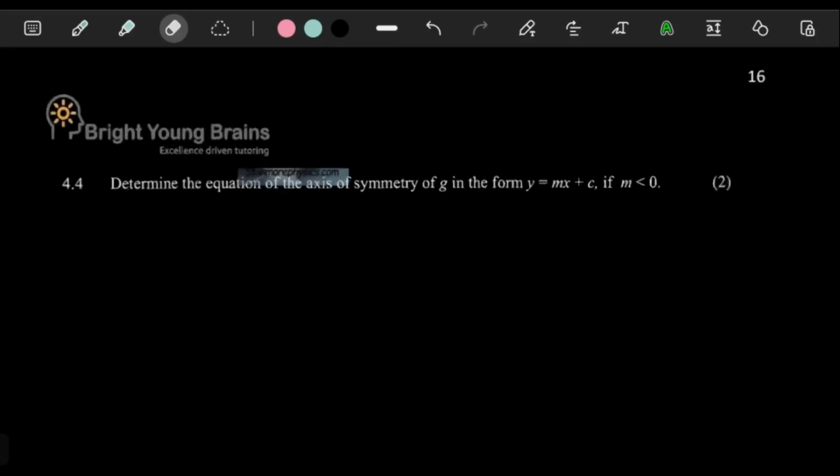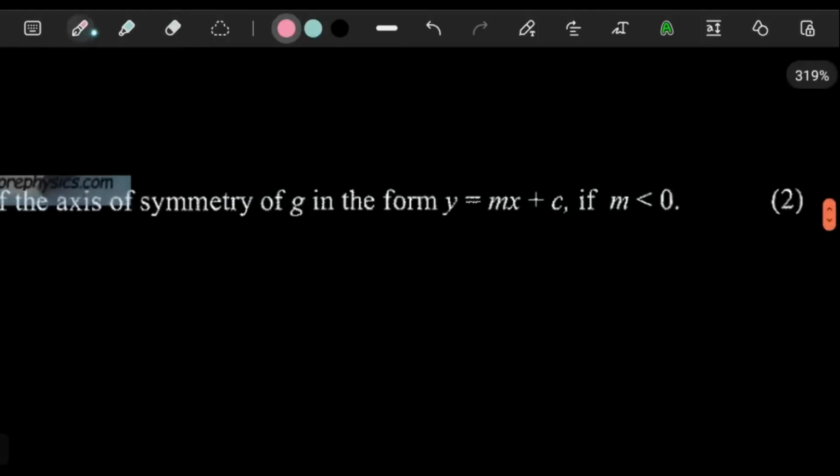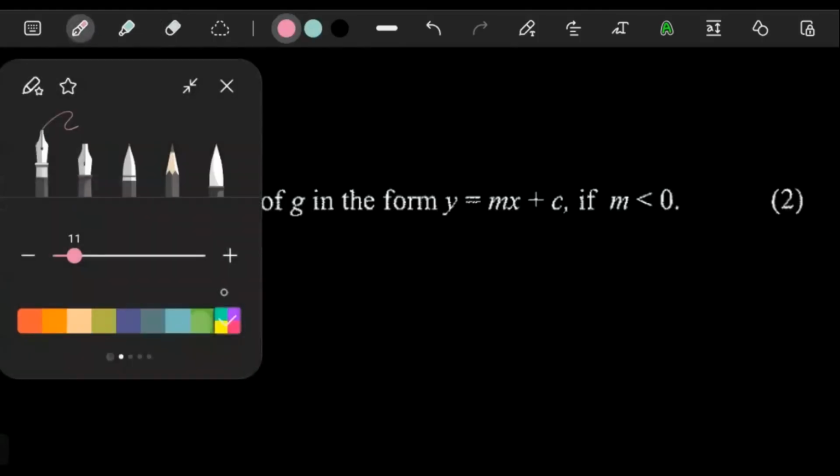In this format, if your m is smaller than 0. So again, these kinds of questions, if you have gone through the online courses on our website, of which the link is in the description, if you've really been going through these courses, or if you do go through these and you have not reached the functions and graphs online course, what you need to keep in mind is these are the kinds of things you're going to be learning in there,